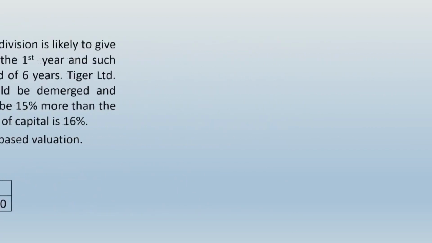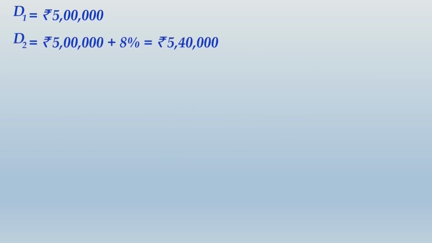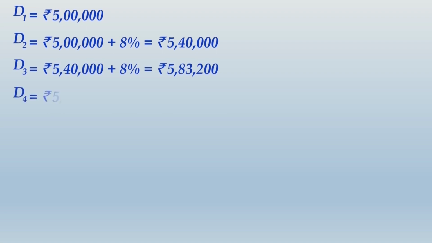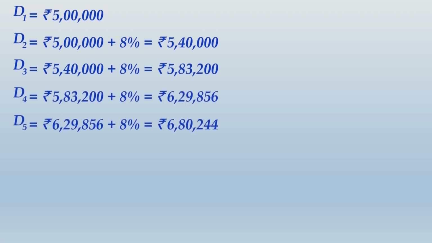So let us do one thing. Let us see how to present the solution. D1, I am on purpose writing D1 as representing the cash flow of the first year, which is already given as 5 lakhs. D2 will be the cash flow of the second year. So the cash flow of the second year will be 8% more than the first year's cash flow. So it will be 5 lakh plus 8%. D3 will be further 8% more than D2, and we go on like that up to D5, D6, and we